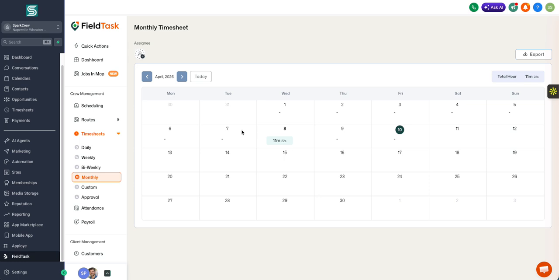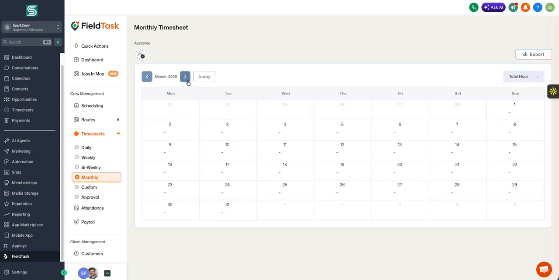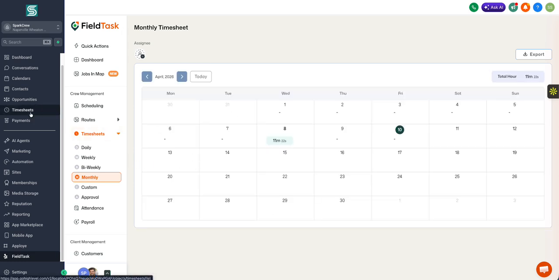So let's say you want to create a report for your customer, like the plumbing business or cleaning business that is using your service also wants to send a report to their customer, or create custom invoices based on the working hours. So with FieldTask, what you will be able to do is, whatever work hours there are,